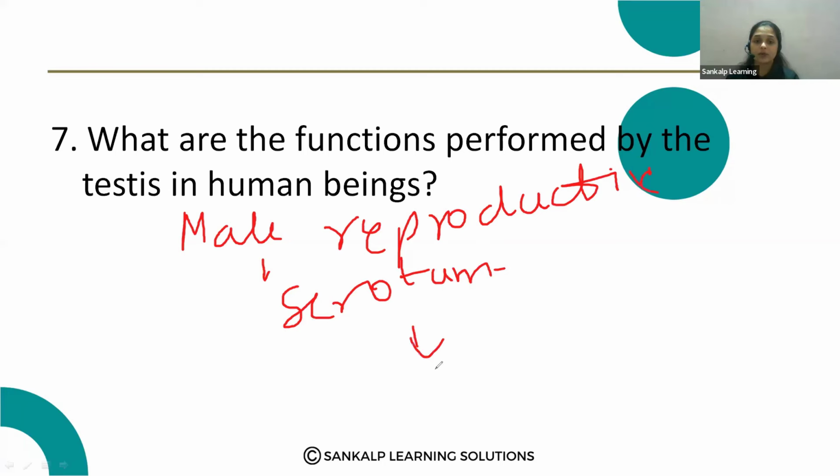That is helpful for the production of the sperms. And the testosterone which is released by the testes regulates